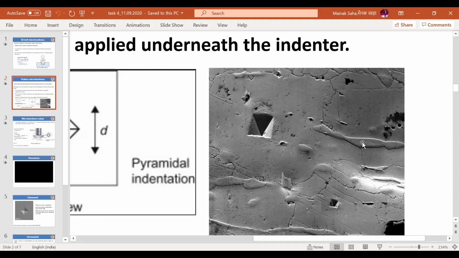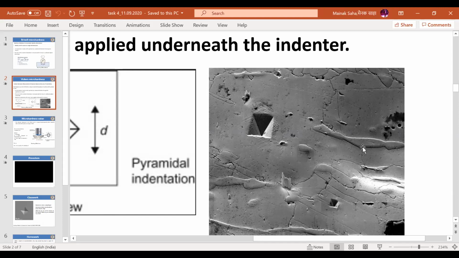I think I have the images, but I have to submit it for publication, then I can show you. In my published paper, I will show you the images, very good images I have captured. There I have done the indentation on two different phases. Here I have done the indentation, and there the indentation. This is before doing the nano indent. I'm not showing the nano indent in this image.